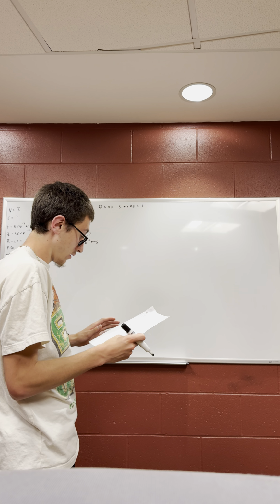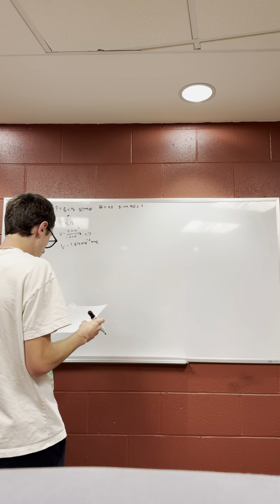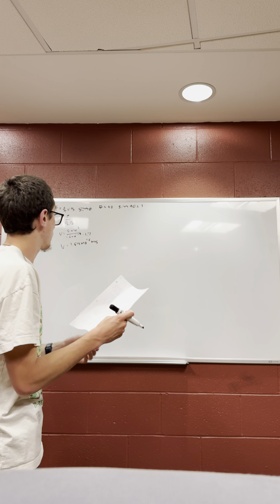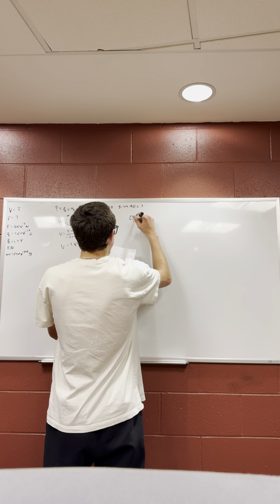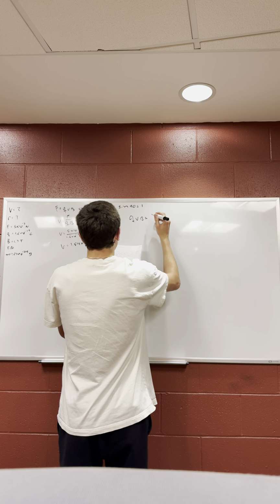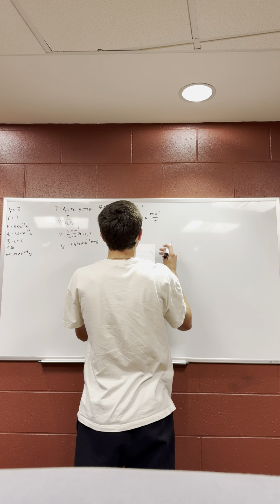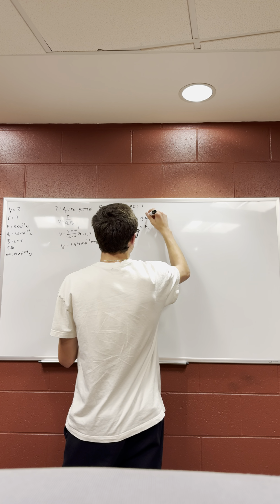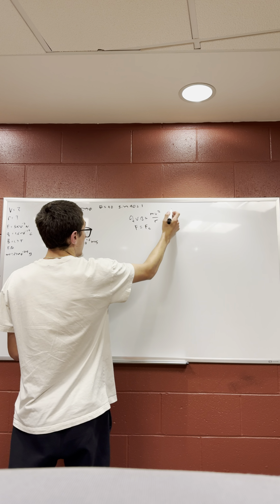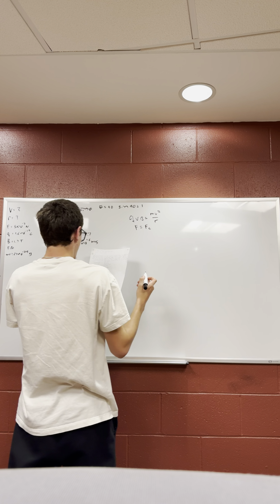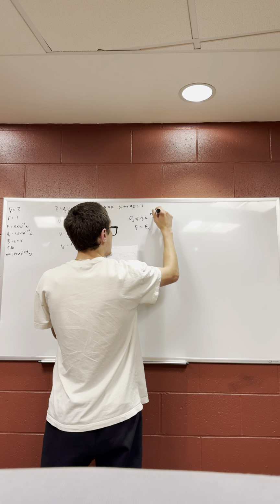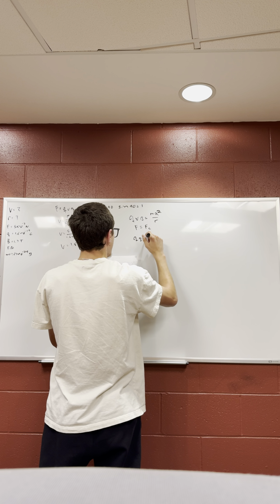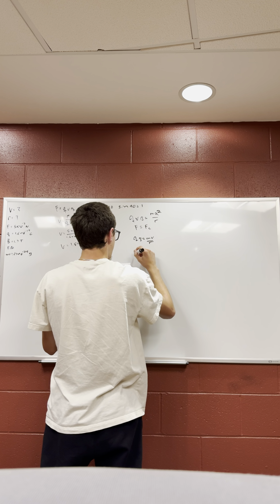The centripetal force is equal, so QVB equals MV squared over R, because F equals FC. This equals FC, this is F. Even these out, obviously we get rid of this, we get rid of this, because this is to the second, so it ends up just being 1, and then you get QB equals MV over R, and that goes down